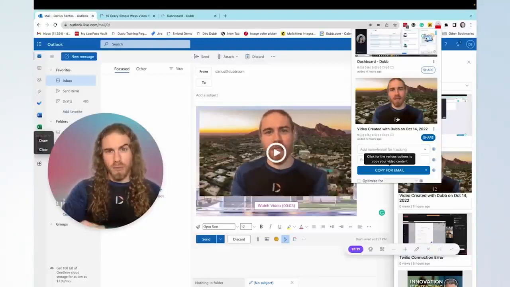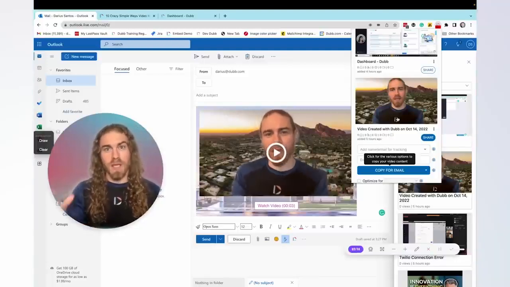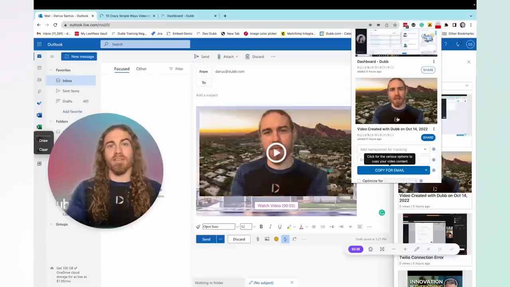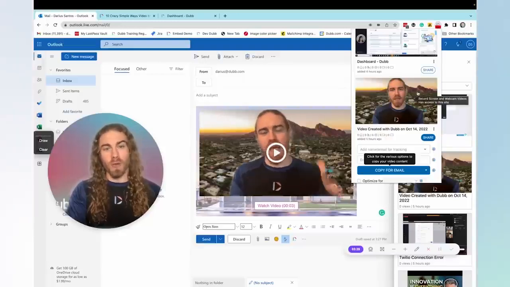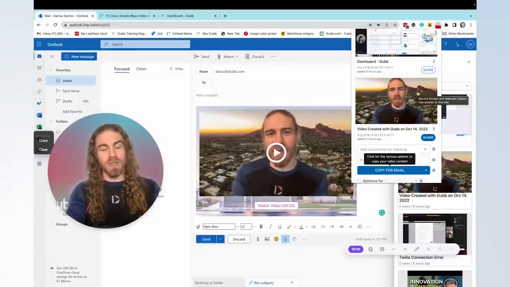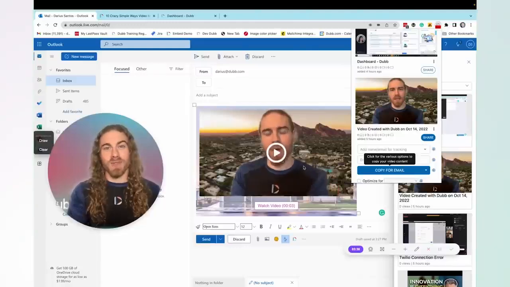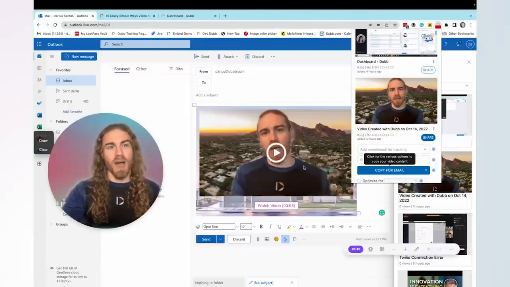And in fact, this could be used to send through more than one type of system. Email, maybe a text message if you have an application for that, or even social media like Facebook, LinkedIn, Instagram, etc. So this is a one-click ability to not only record a video like I'm doing now, this is actually using the Dub app, but then to instantly share that video with just one or two clicks right through Outlook. So this is the fastest way to embed a video into your Outlook email, whether you're on 365 or the